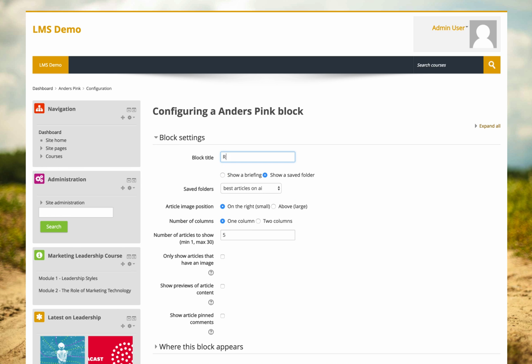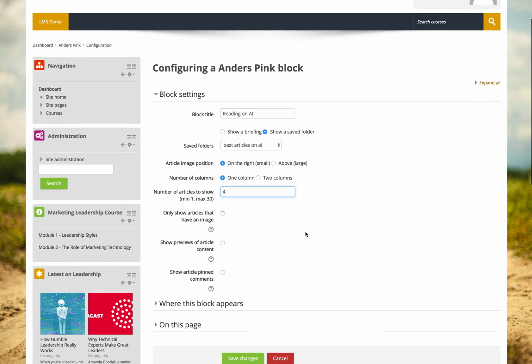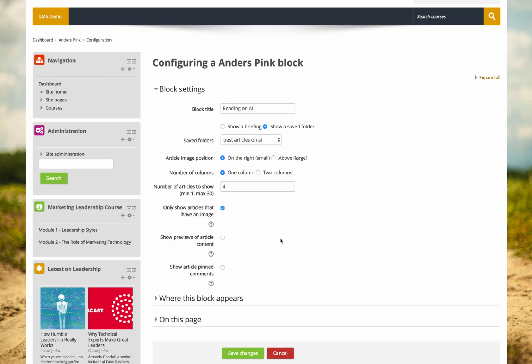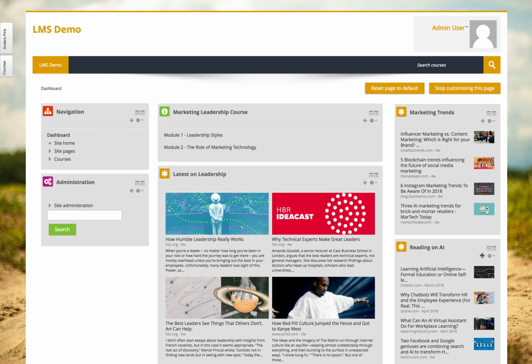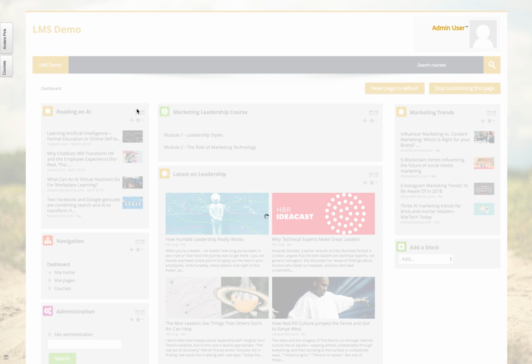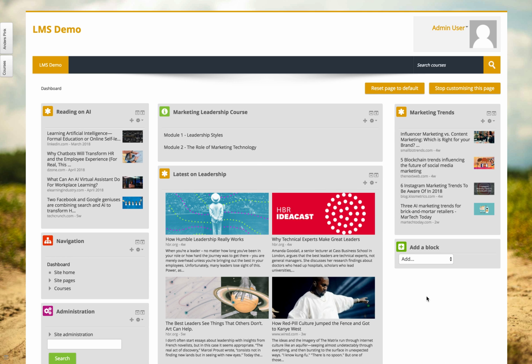So we could call this reading on AI, for example, and let's again just maybe have 4 here, and again we can have an image if we want an image in here. So we've now created a reading list on AI, and I could drag this to the left hand side. So hopefully you can see quite quickly how using an API you can bring in relevant articles, relevant information to